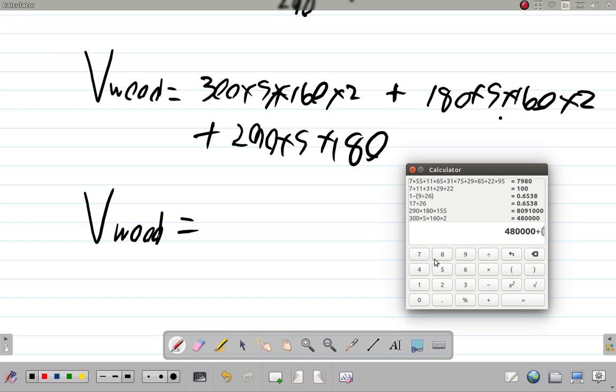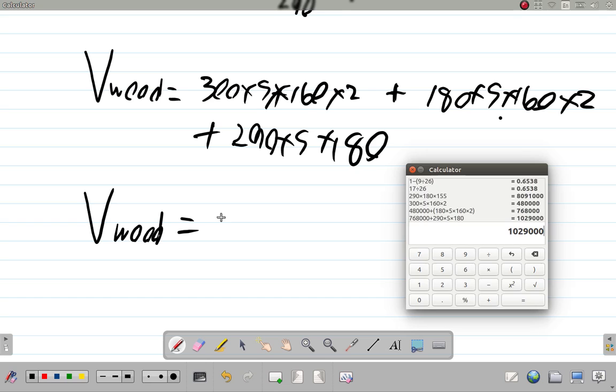Not necessarily have to use it, but let me use it. 180 by 5 by 160, not close the bracket yet. I have two of them, by 2, close bracket, equal that, plus 290 by 5 by 180, equal